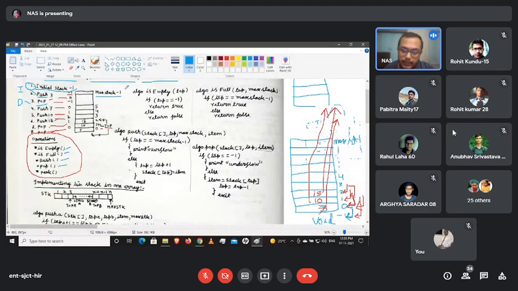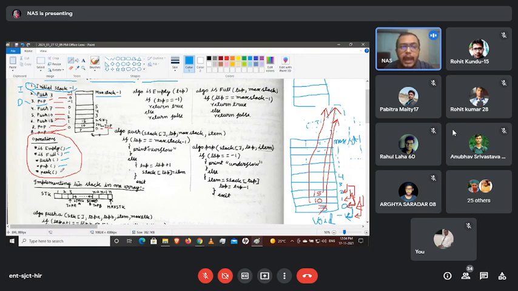If we are reading any data from here, that means we can't read the data directly. First, we have to pop out that data, read the data, and then after reading, that data will be pushed back into the stack. This is how the reading operation occurs in a stack. Let's say we want to access the data in the 1st position. First, the 2nd position data will be popped out, then the 1st position data will be popped out, and then we read the data. After reading, 10 will be pushed back, and then 15 will be pushed back into the stack. That's how the reading operation occurs.